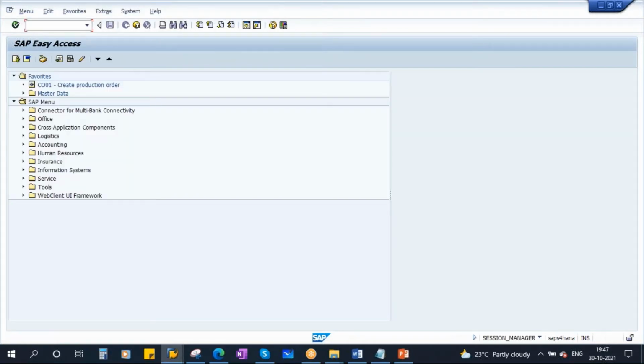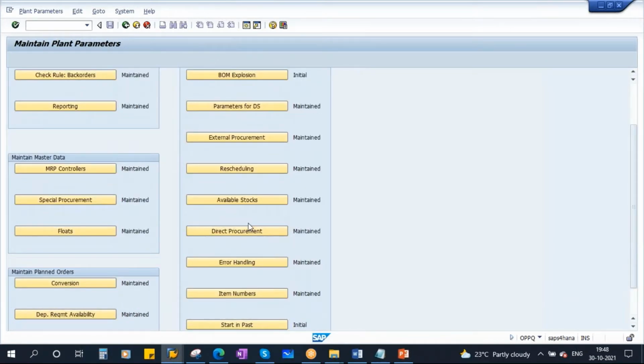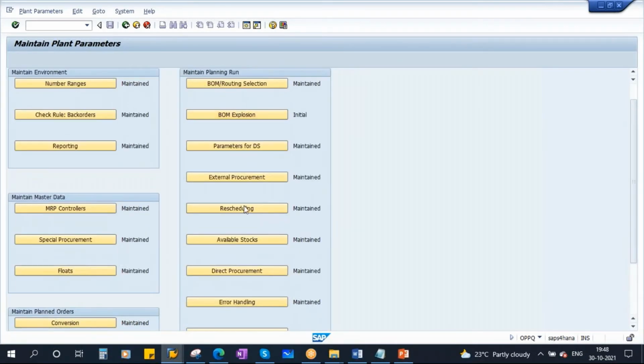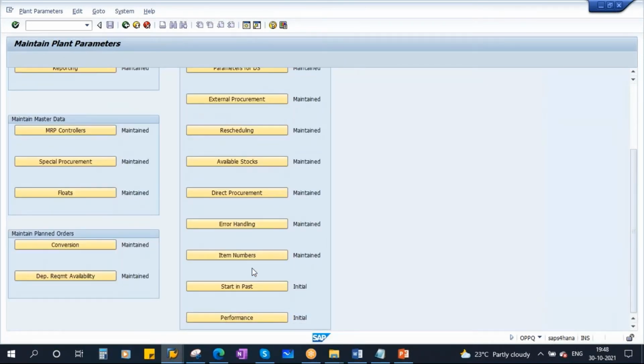Why that is used is just to reduce the runtime of MRP. If you go to OPPQ in this system, see here that button is not there. Do you see that planning horizon button? You see they removed it in S4 HANA.